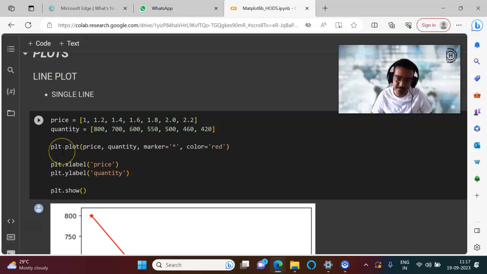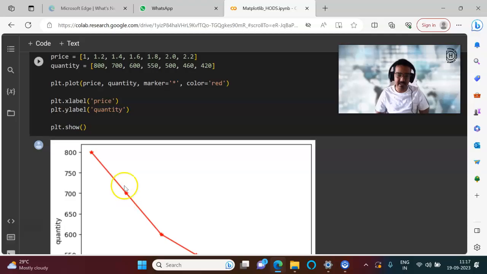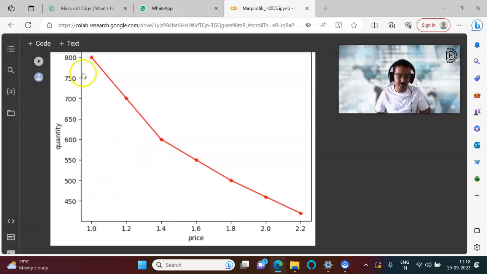So basically we have to create a plot with which variables? With these two variables, which are price and quantity. So we'll create the plot using these two variables, and we'll give the marker as x where it starts and where we have a particular intersection of the x-axis and y-axis, which will be these two variables, and we are giving this graph the color red. So now if you write plt.xlabel price, plt.ylabel quantity, so this takes the y-axis quantity and